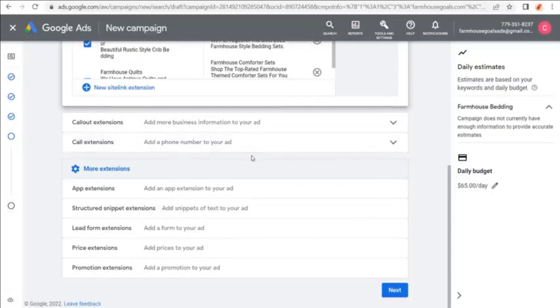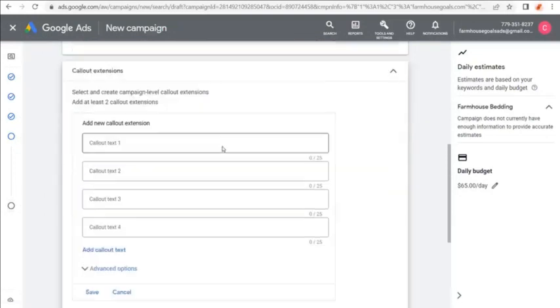Now, just to go over each extension pretty quickly, call out extensions add more business information to your ad. This is great for promotions or any selling points that you have. Fast shipping, free shipping, best 24/7 customer service, call us today. Call out text is really good for your basic selling points. Do you have the best prices? Do you have the best service? Do you have a combination of both? Do you have high quality products? Do you have unique products? So you want to use call out extensions here that are going to make people click on your advertisement and